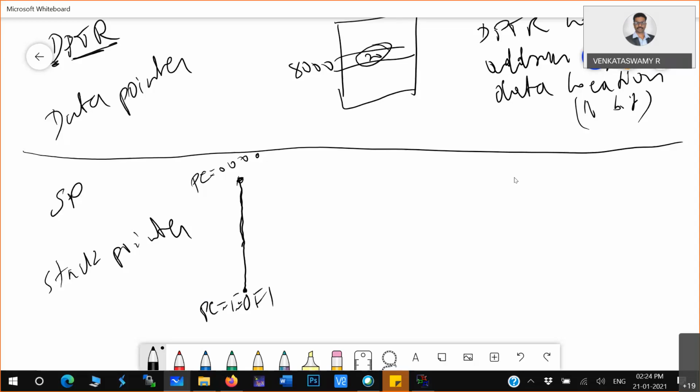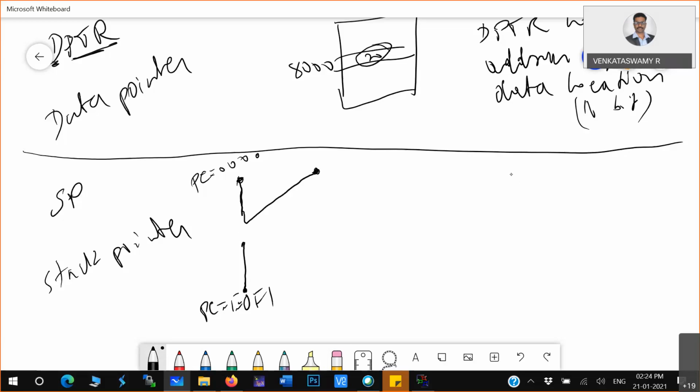Assume that you have a subroutine, some function call, or some method that you are calling in your program. That means the program will shift to that particular function, execute it, and come back. So in between, you call some subroutine and go to a different point in the program.